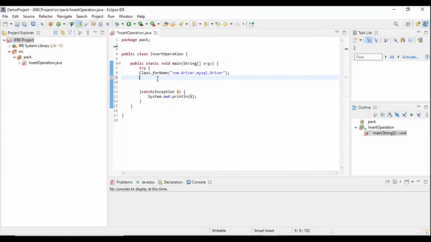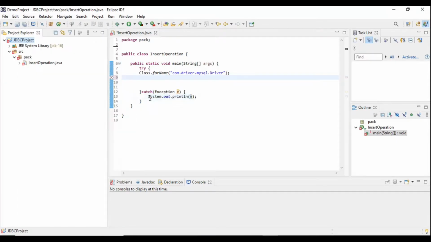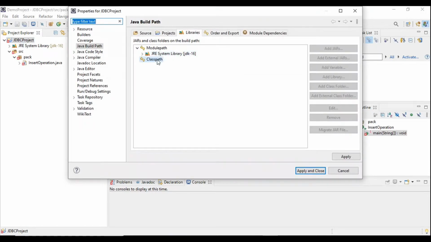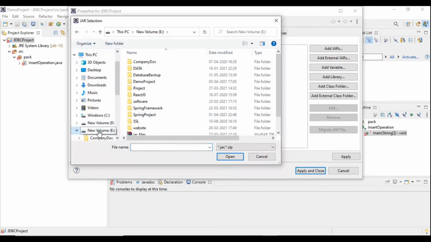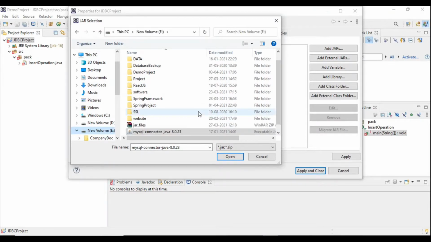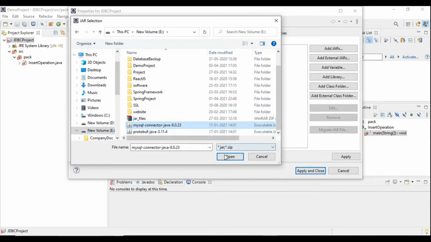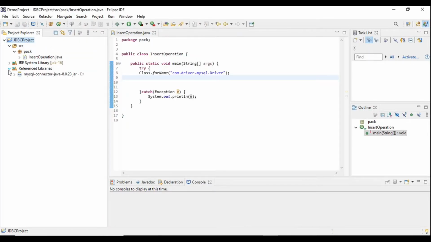In my last video, we have talked about how to add MySQL connector in class path. See, MySQL connector jar has been added in the class path of our project.